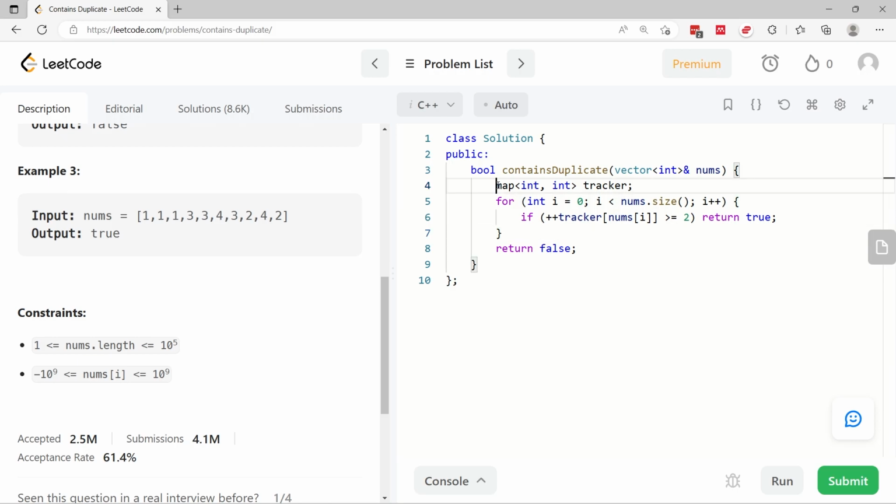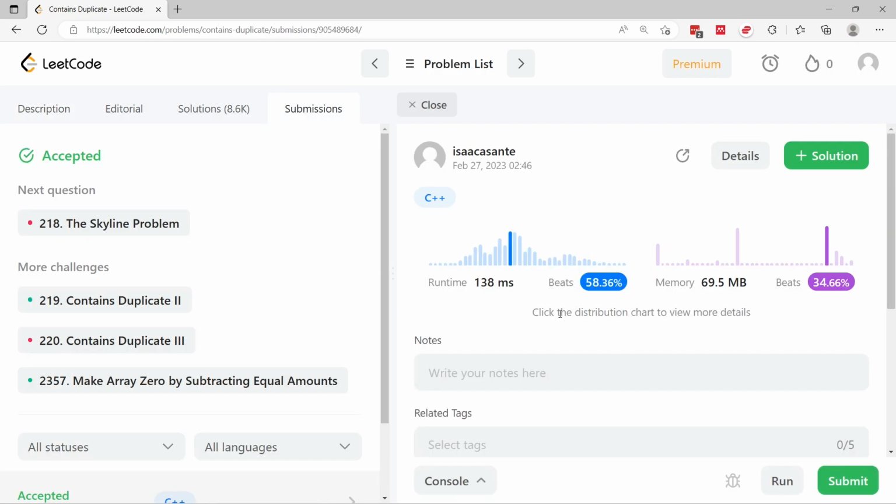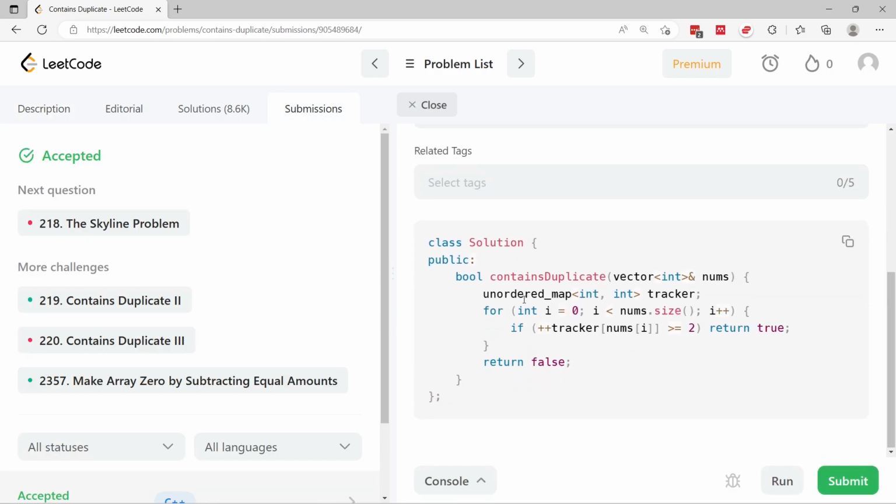So actually I can use an unordered map for this. And now when I submit this, I pass the test cases. If you look again at my code here, at first I was using a map. It's the same technique, the same logic. It's just that an unordered map is a bit faster than a map in C++. You can read more about that and why that is. But for now, this is the solution in C++